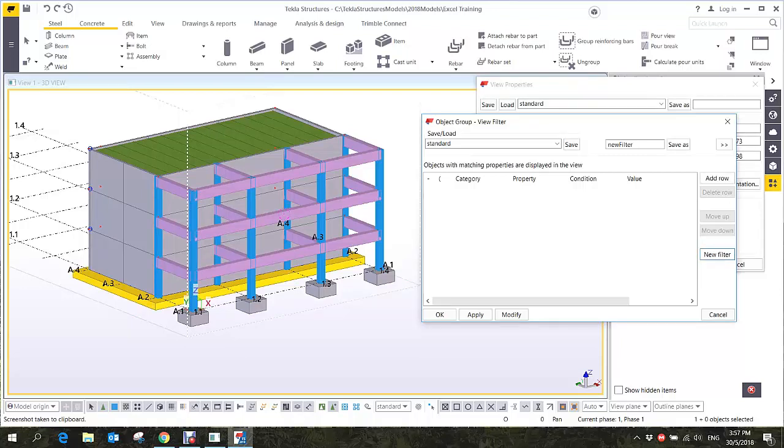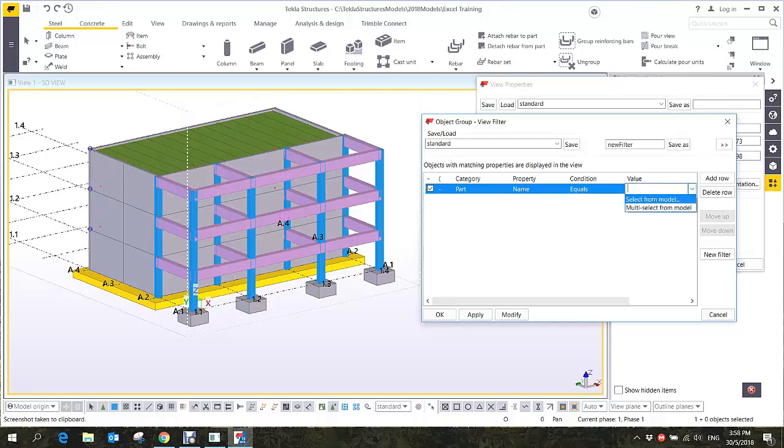New filter. Okay, now let's create our first filter. Add row. This one is a little bit of if conditions, but we don't have to type that code. Basically, there is a wizard here. So just click on this one. The filter rule goes like this: if the part name is equal to,